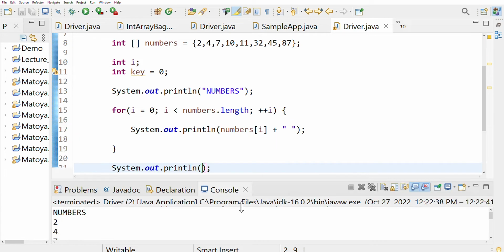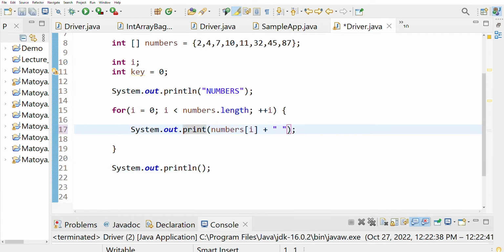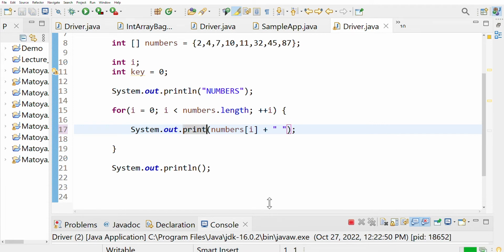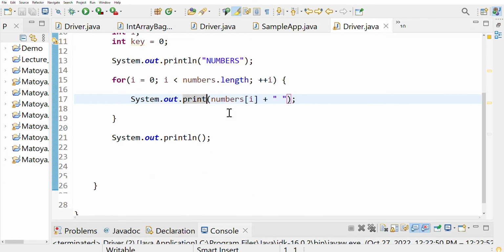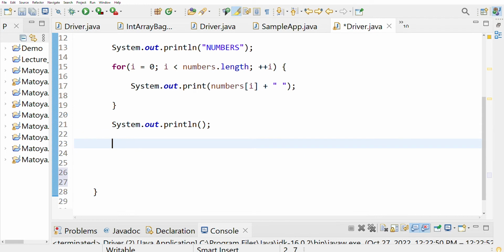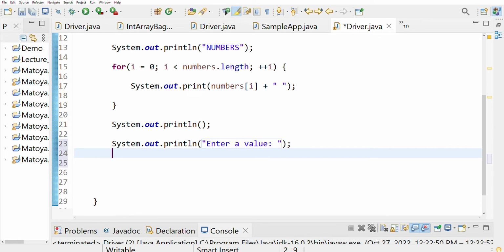So the next thing that I'm going to do is prompt the user to enter the value that is presented to them. Say key equals